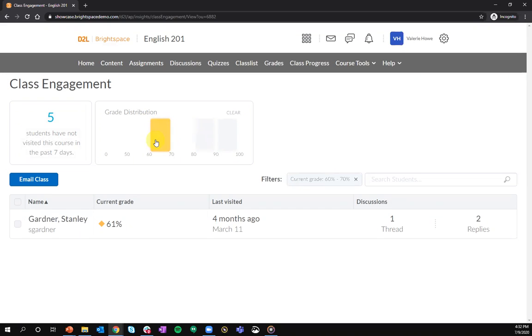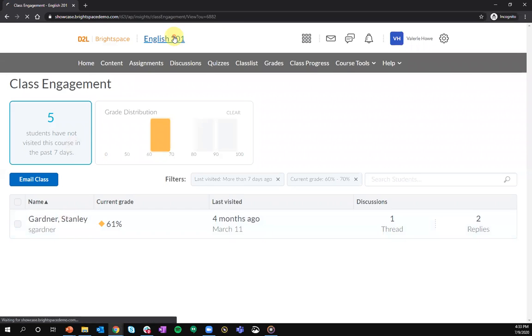So if I'm thinking, this is problematic, is this student also someone who hasn't come in 5 days? I can see that he matches both of those filtering criteria. So I know I really do need to go have a conversation with Stanley. I'm getting a bit worried about him. If I come back to my course homepage,